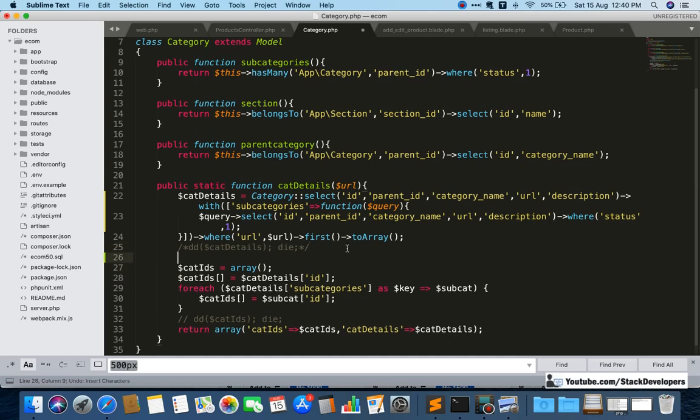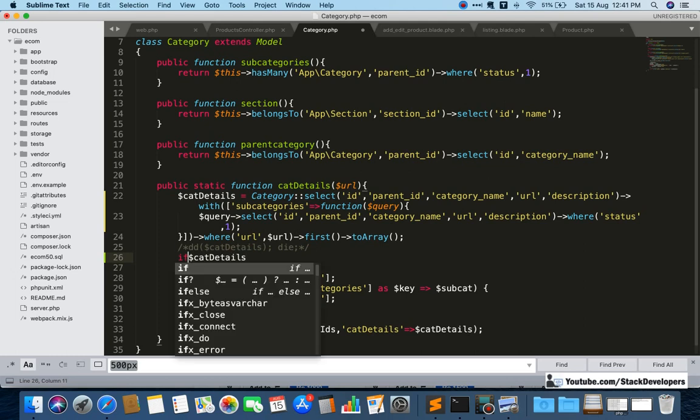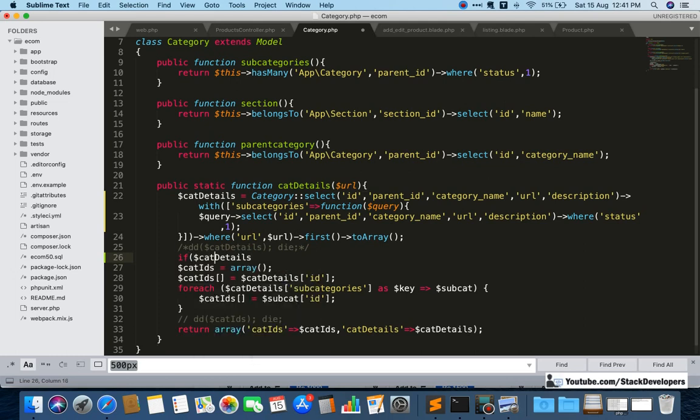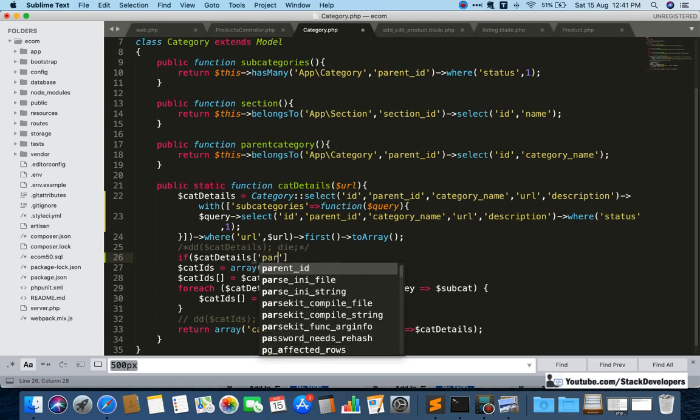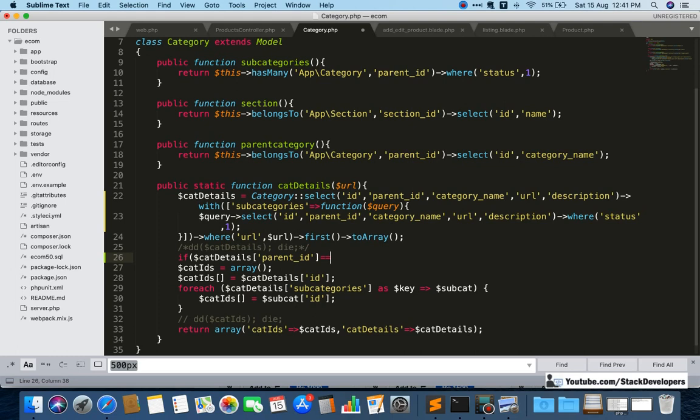We are going to add here, no, so we can add here, like if $cat_details, and here I will add an if condition, if $cat_details parent_id equal to 0.